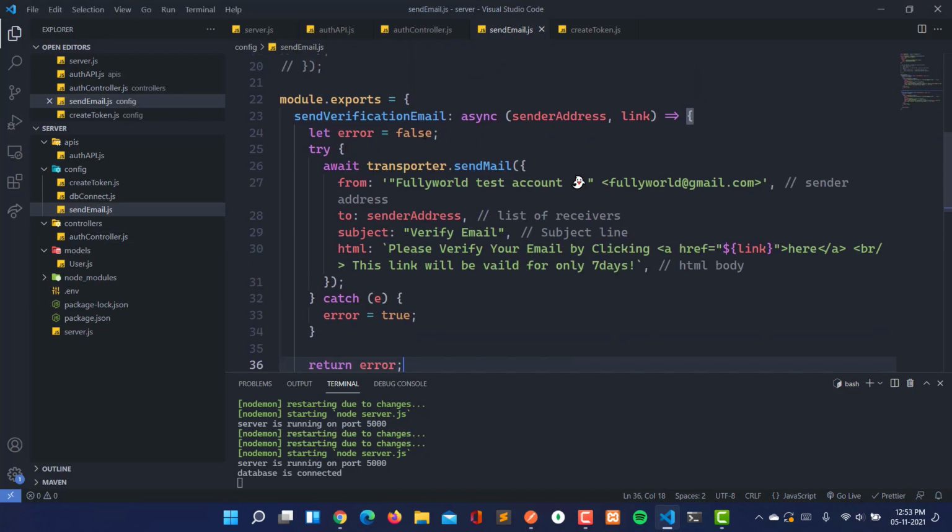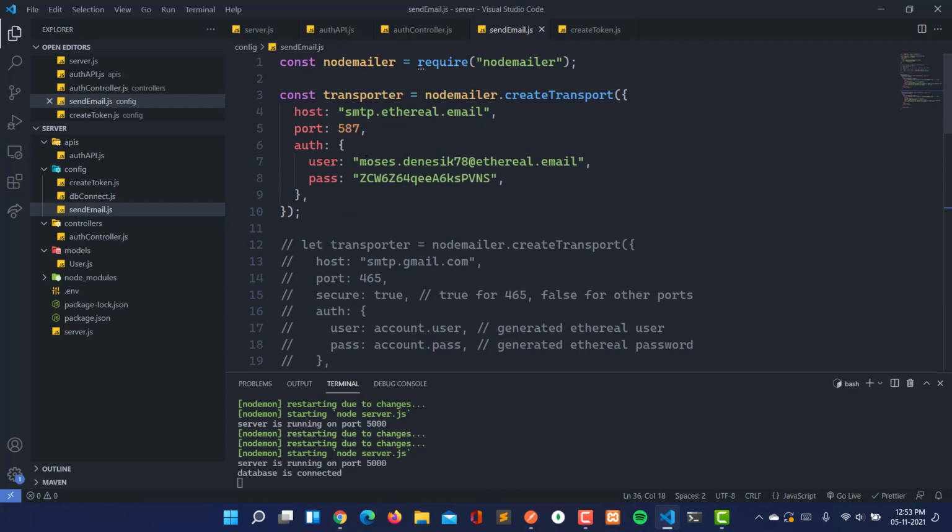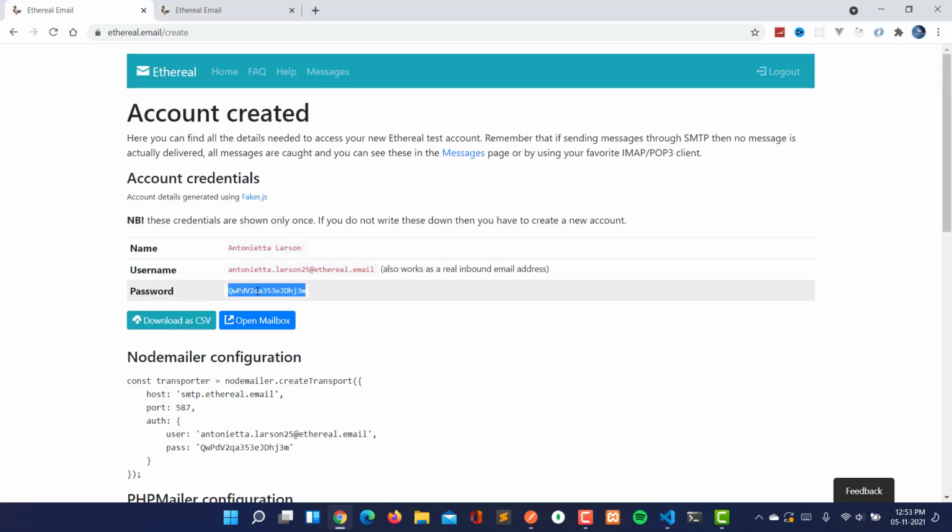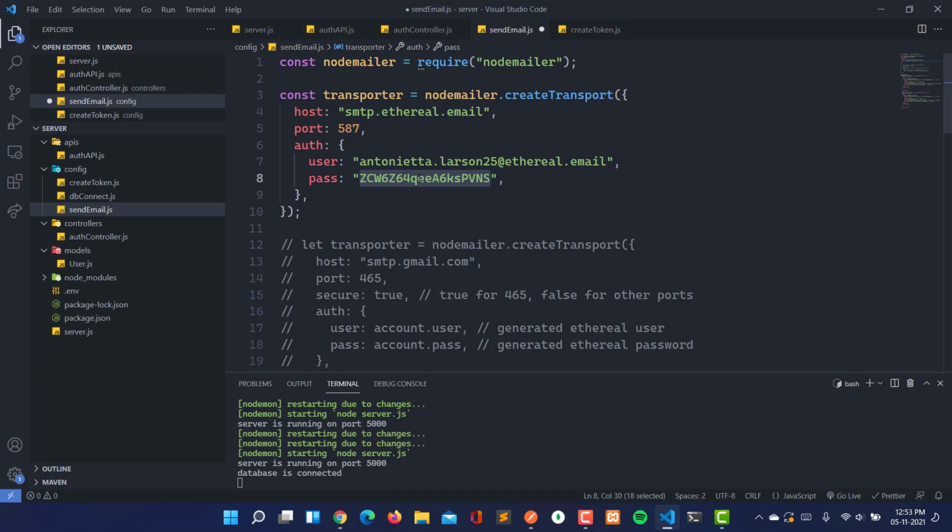I have to change the password and email. So here I'm changing the user email of Ethereal, and here will be password here. Every time when you will log in here, this password and email will change in the Ethereal. So let's wait again, and then we are going to send this.